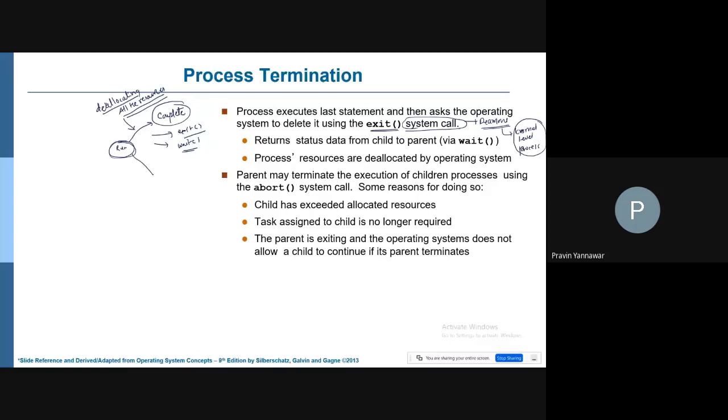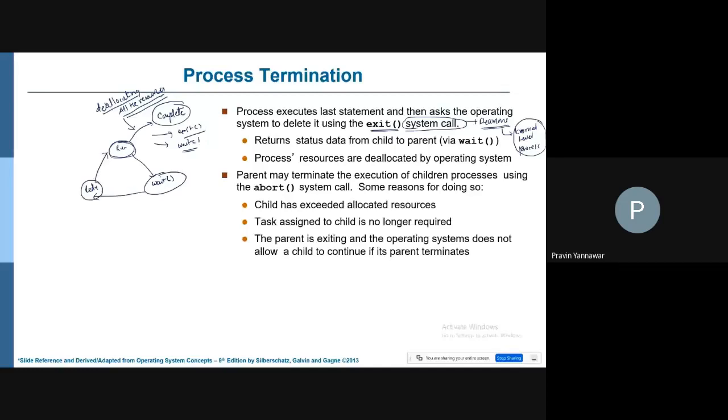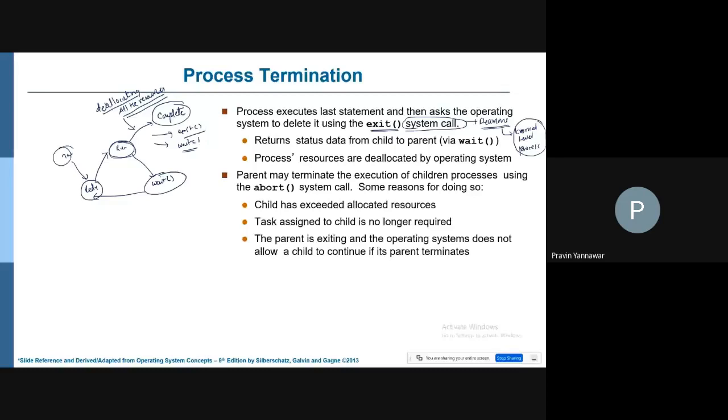Since it is an event, you can take it to wait, and from there you can get the last-minute work into ready to run, and again deallocate from the system. So whatever termination is required, as far as taking that particular process out of the process states, that can be done by using a process